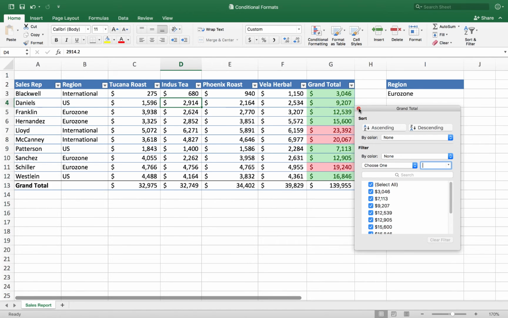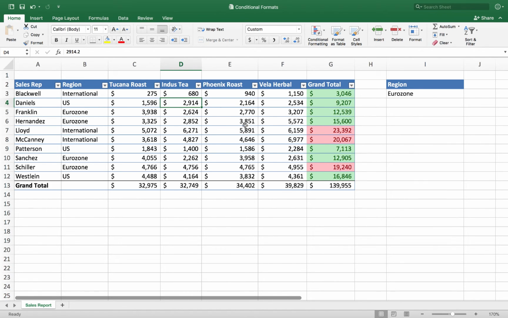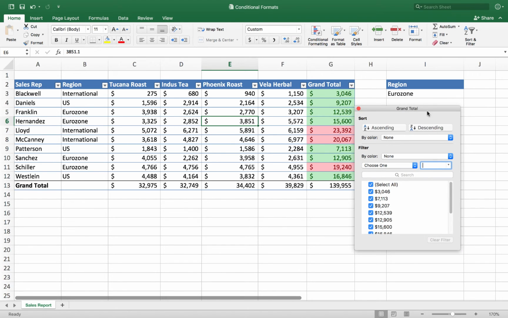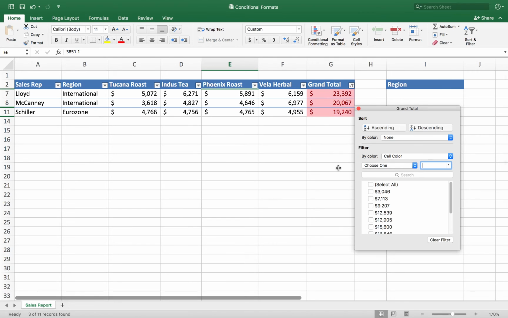So what I did there is, first of all, did you see how we just went back and turned on the sort and filter, right? And then once I did that, I just went to the drop down at the top of that column. In the sort and filter dialog box here, I went to the section where it says filter. I went to by color. I just clicked on the drop down. I can choose cell color, and it'll show me all the different filtering options that I've applied to that column, and I just pick, this time I'll just do rows. Okay, so I apply this conditional formatting, and then I do filtering based on that.